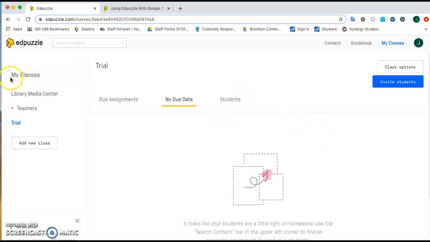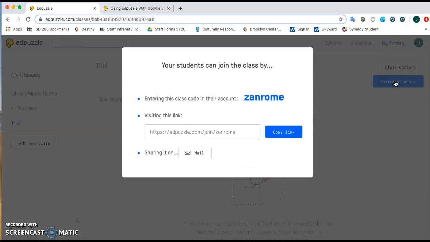So now, under my classes, I see Teachers and I see Trial. And Trial is highlighted, so I'm going to be working and creating videos for that class. Now we have a class set up, so we need to invite students. So click on the blue Invite Students button, and there are two ways, actually three, that you can invite students